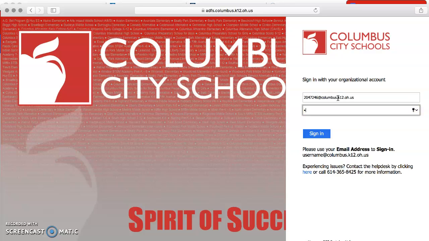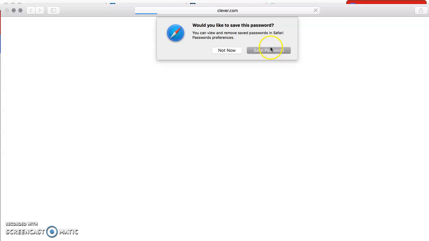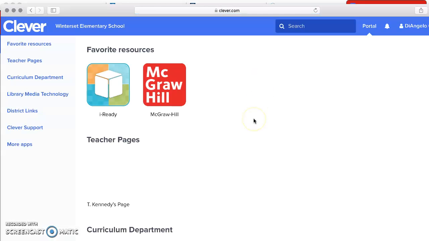And then the password is their birth date, 2-digit month, 2-digit day, dash in between, and then 4-digit year, and click sign in. And it will open, and then you just click on the iReady,